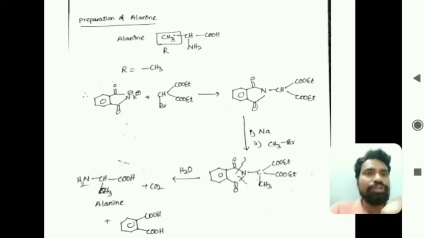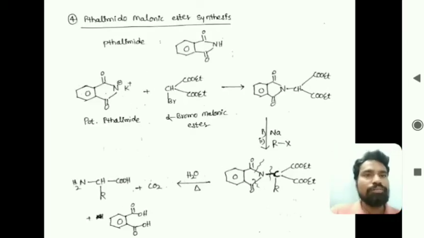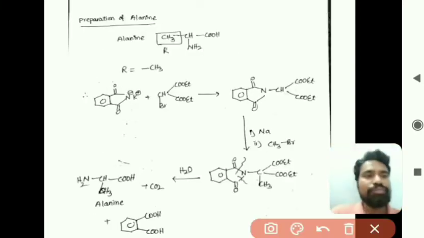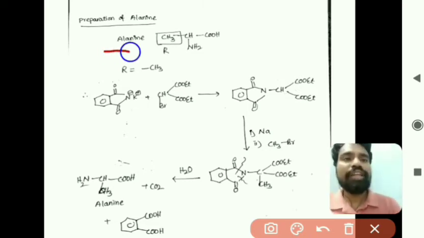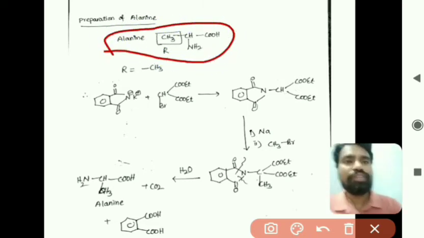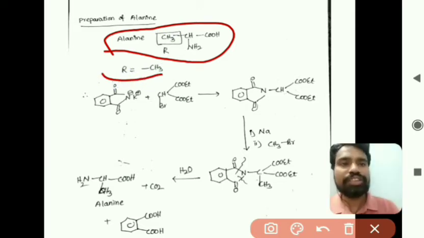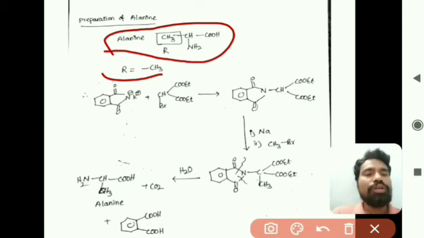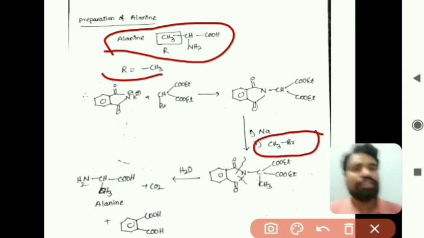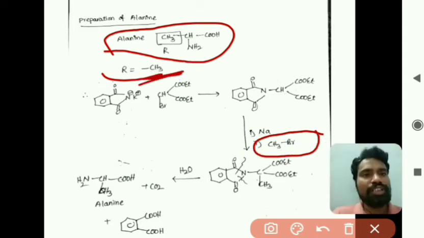Now by using this method, the preparation of alanine, how to prepare alanine through the phthalimido malonic ester synthesis. In the case of alanine, as we know the structure of alanine, that is CH3CH NH2COOH, the alkyl group here is CH3, right. So now in the second step, while reacting with alkyl halide, we have to take CH3Br, that is methyl